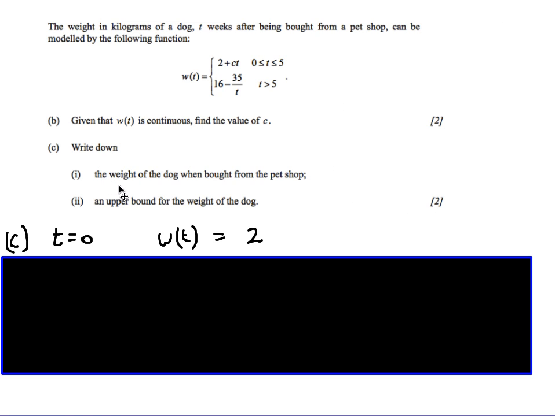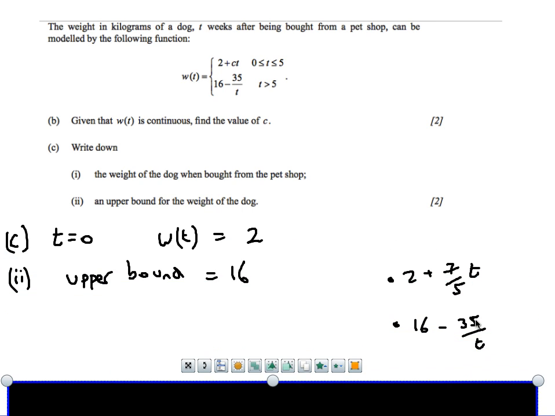It says write down the weight of the dog when bought from the pet shop. Well, if we just read the question carefully, t weeks after being bought from the pet shop, so therefore t is going to be 0 at the point that it's bought, and we put t equals 0 into this first equation because it's valid between 0 and 5, and we therefore get the weight of 2 kilograms. Okay, and then for the upper bound for the weight of the dog,